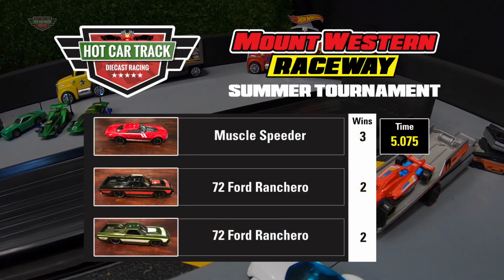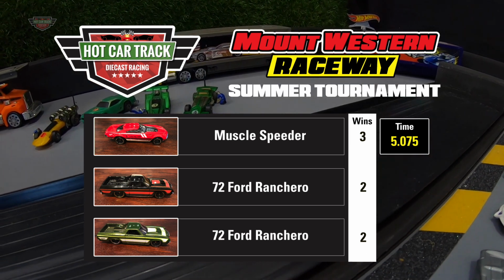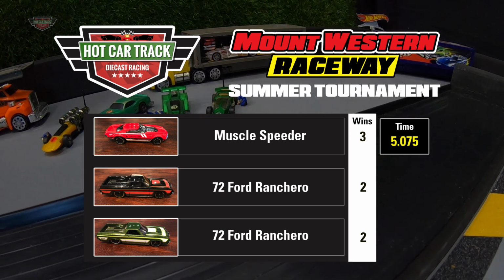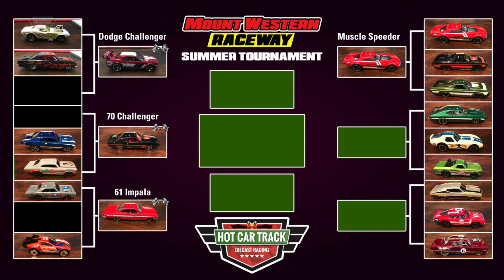Let's look at the final standings. Another jam-packed winners board. 3 to Muscle Speeder and 2 each to the 72 Fords. Unbelievable racing. So there's the bracket. The Muscle Speeder is the first on the right-hand side into the